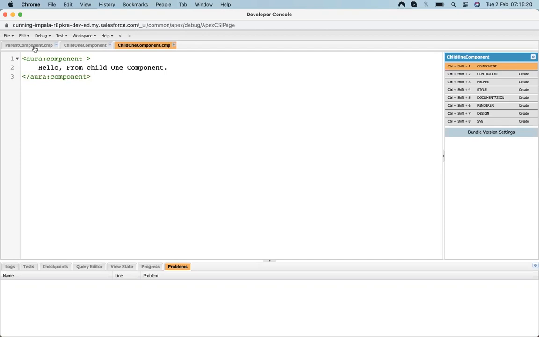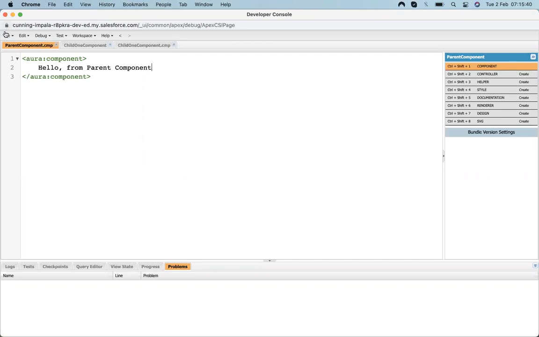So I designed two components. One is the parent component, the second is the child component, and I'm going to call the child component inside the parent component, because there might be cases where you need to call a child component inside a parent component.